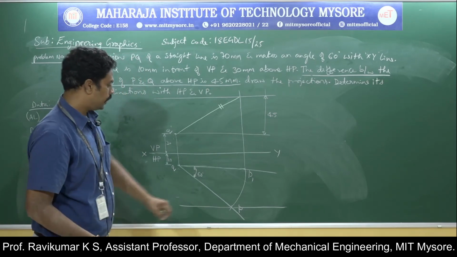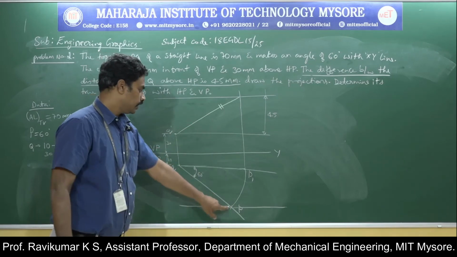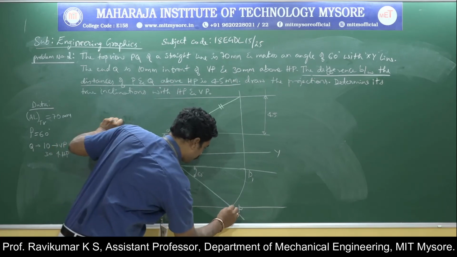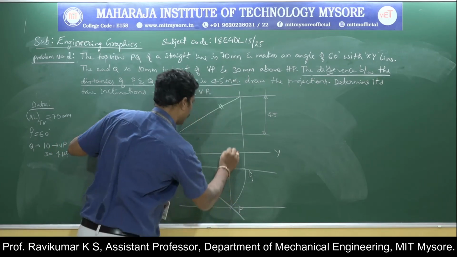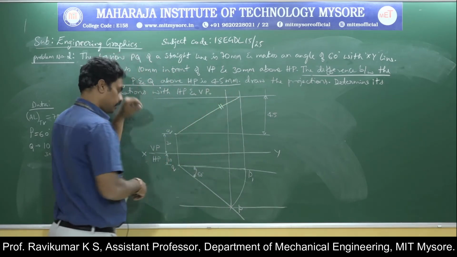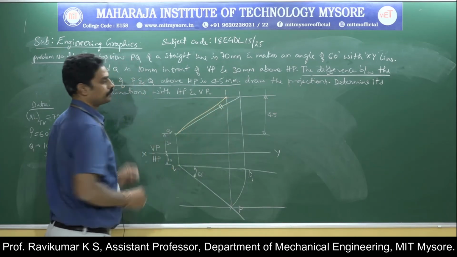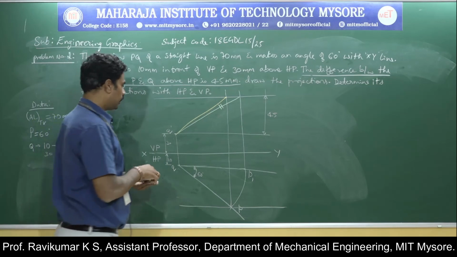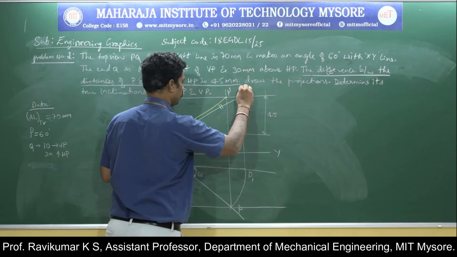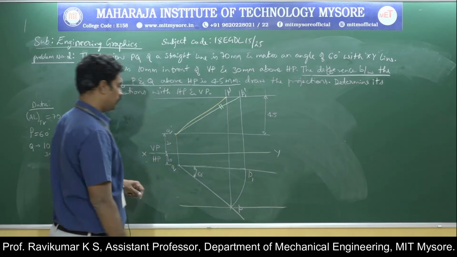Then I know that in the top view as well as the front view, the end points will fall on the same line. So this is point P. Therefore I will drop a perpendicular from this line until it cuts the locus of point P in the other plane, and if you join these two, you will get the apparent length, that is Q dash and P dash. So this is Q dash and P1 dash. This is Q and P.